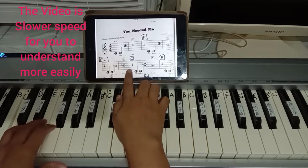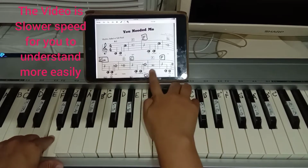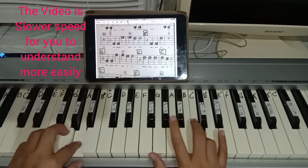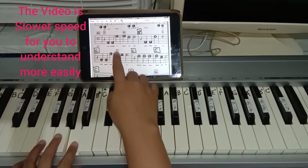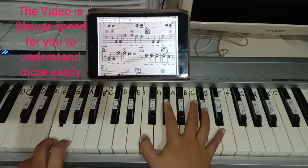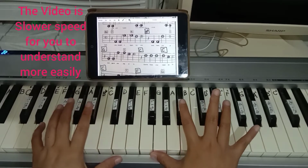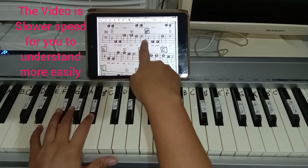Another C here, C, C, B flat, F. Another F, C, C, C, C. Okay, and then here F, F, F, higher E flat, E flat with a B flat left hand, B flat, D, D, another D,